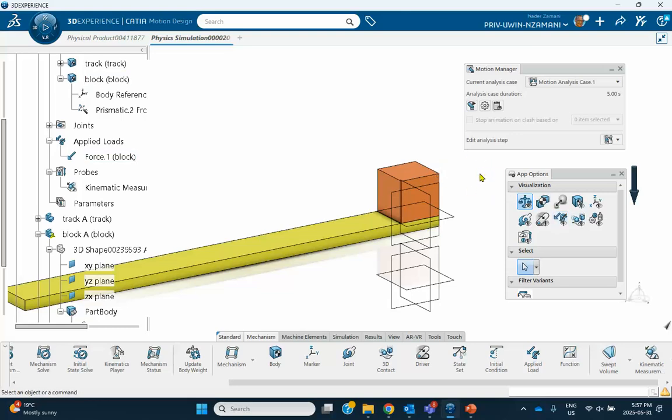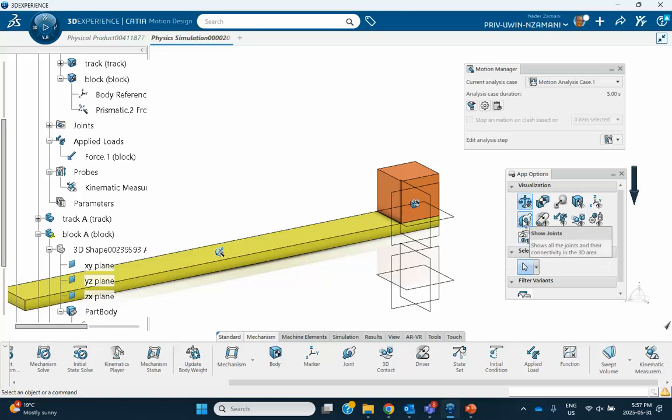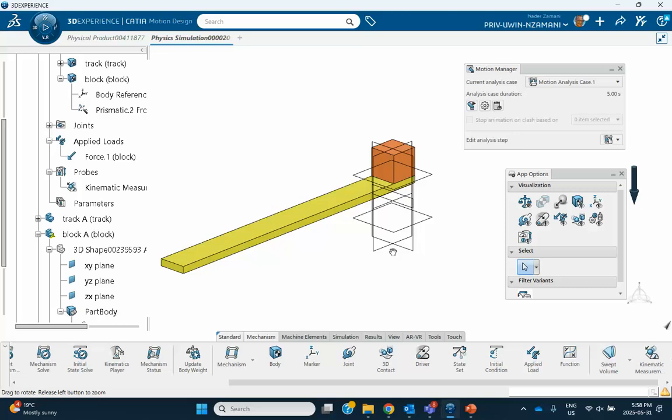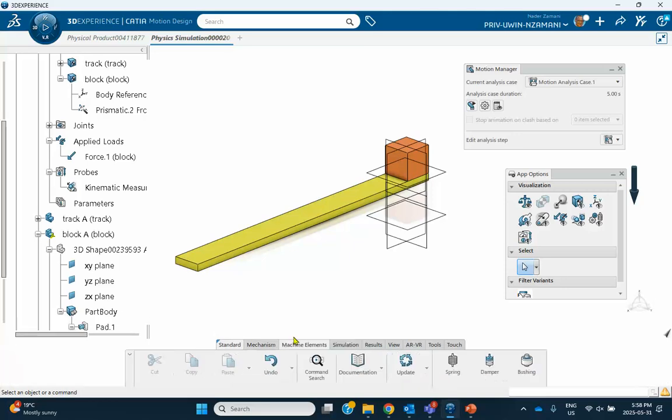Okay. If you want to see your joint, there we are. There's a prismatic joint here and a fixed point joint. Don't want to see it? Just let it go. Good. That's what these things are, visualization purposes. All right. So now let's see what we have here. Do we need anything there? No. We go to